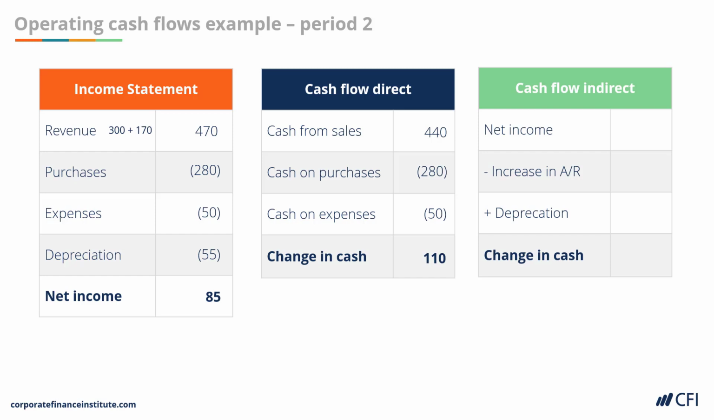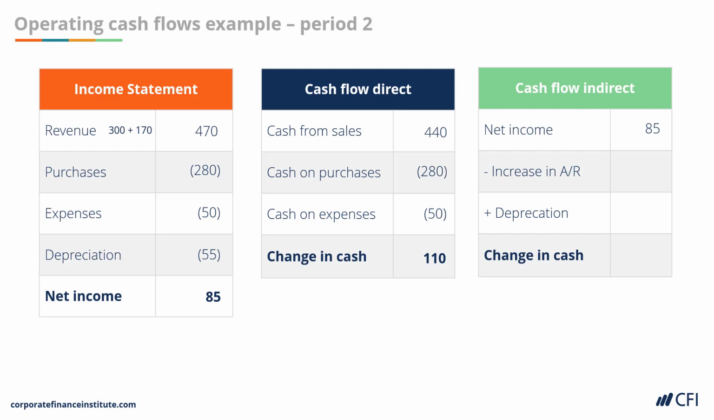We will begin, as always, with net income from the income statement of 85. Then we make adjustments for any changes in working capital. And we add back any non-cash expenses. So the first adjustment we need to make is the change in accounts receivable balance. At the beginning of the period, there were no accounts receivable outstanding. The end of period 1 had no accounts receivables, so that means the beginning of period 2 has no accounts